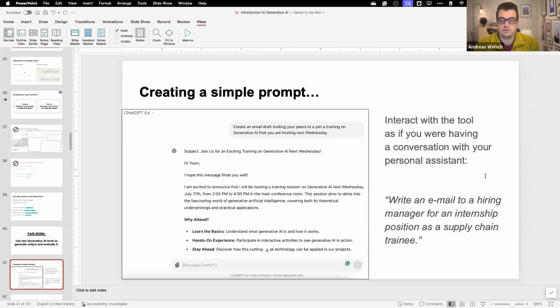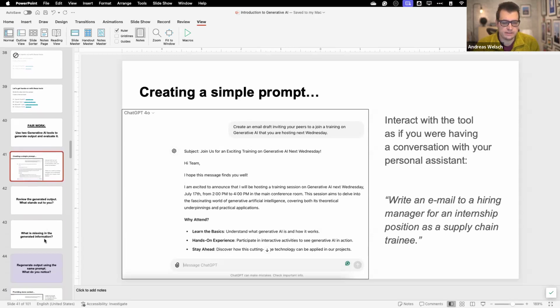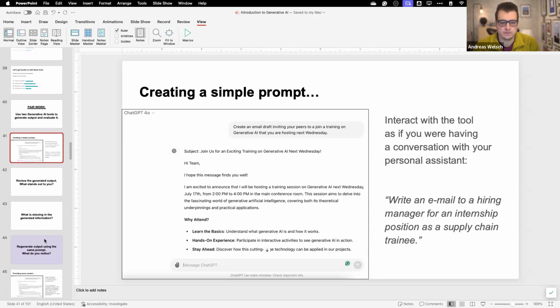So write an email to a hiring manager for an internship position as a supply chain trainee. Okay, so they did that, and we concluded that, yeah, the output is okay. It's not terrible, but maybe it's also not great, right? It misses some information. So it was a good first experience for students to see that, hey, yeah, this thing can create something, but it's not exactly what I want or what I need.